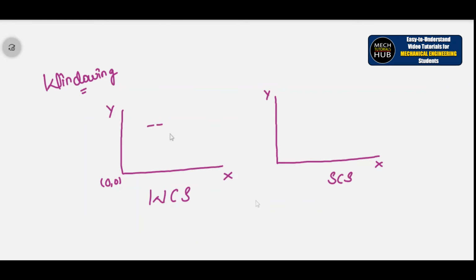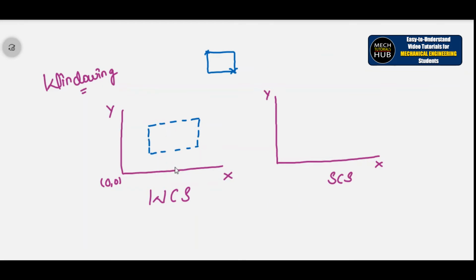Here I'm going to pick a graphic window. Let us consider this as a graphic window. But when you deal with modeling software, this won't be of this kind. You have to drag a window actually. So in modeling software, if you drag from one corner, it will end up diagonally at the other corner. This is the window you call in actual practice, but for your understanding I'm making it with a dashed line.